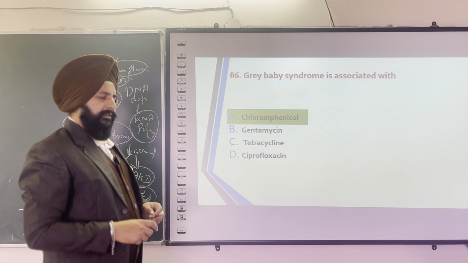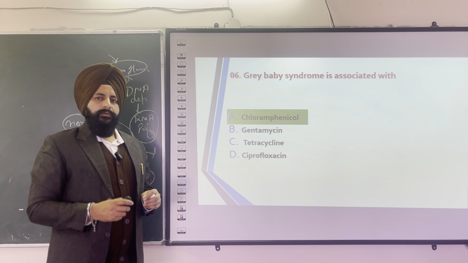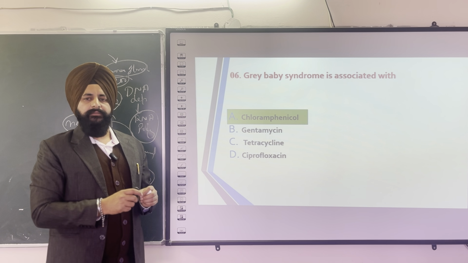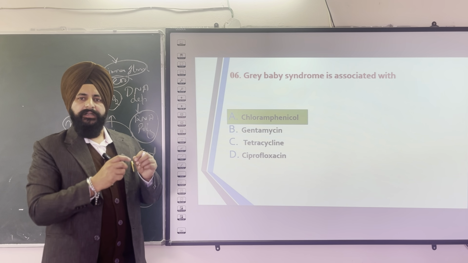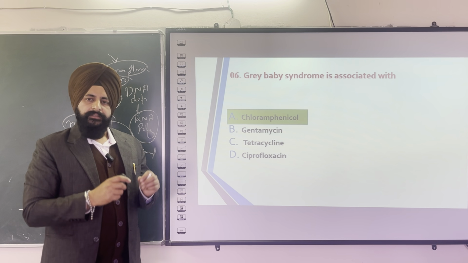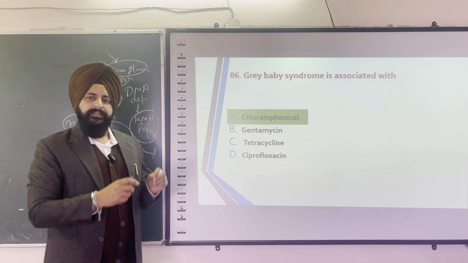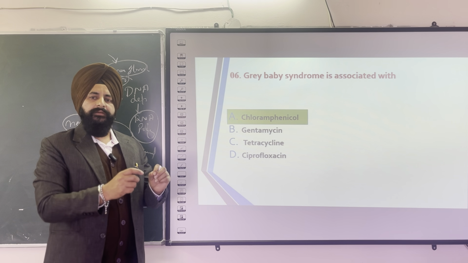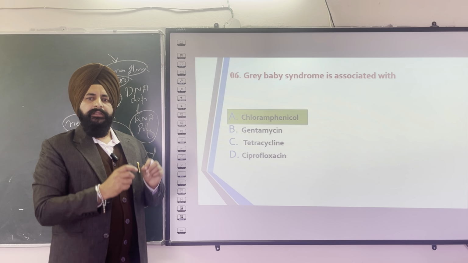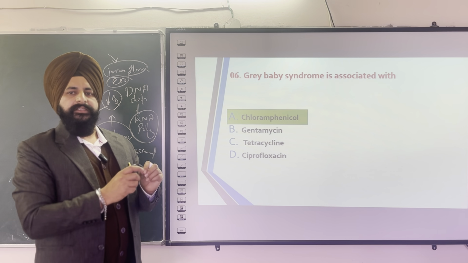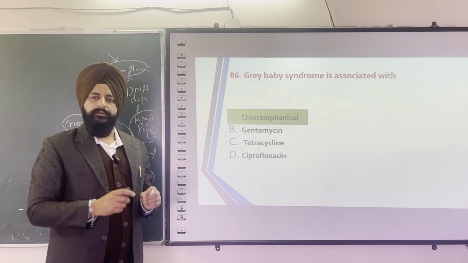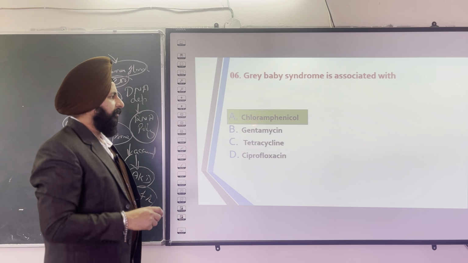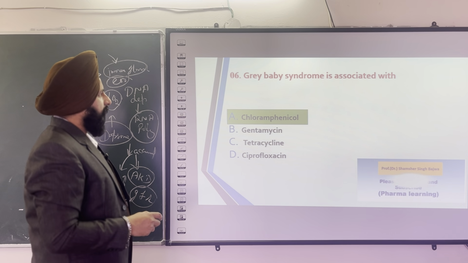Chloramphenicol is the right answer. The reason is that chloramphenicol causes hypoxia in the tissue, lowering the oxygen level in the tissue by reducing the cardiac contractility. The second option I have already discussed, that it replaces the hemoglobin with methemoglobin, because whenever there is low oxygen in your body, the hemoglobin will not carry sufficient oxygen as per the requirement of your tissues and cells. That's why this is associated with small babies. So this is the right answer for this question.